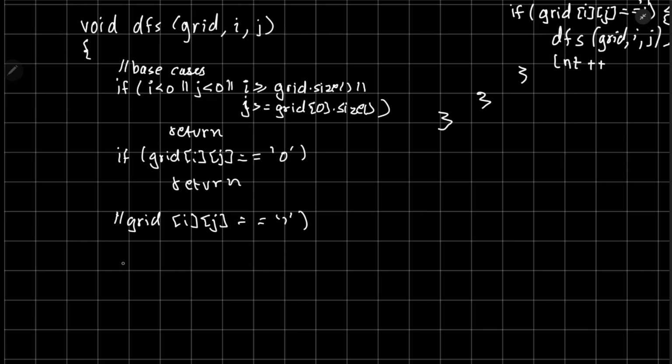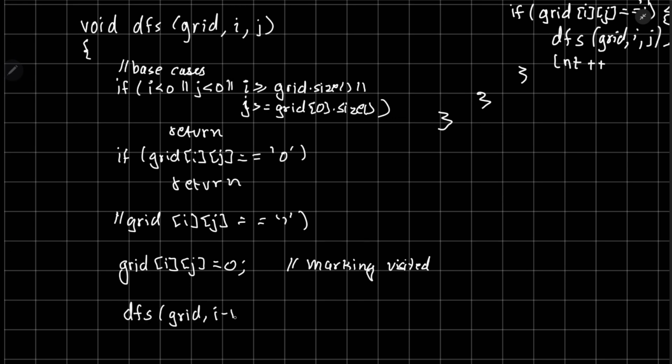For marking it as visited, as we decided, we will turn grid of i j to 0. So let me write a comment here, marking visited. Now we will call the DFS function over all the neighbors of i and j. So calling DFS function on all the neighbors, it will be DFS grid i minus 1 j,